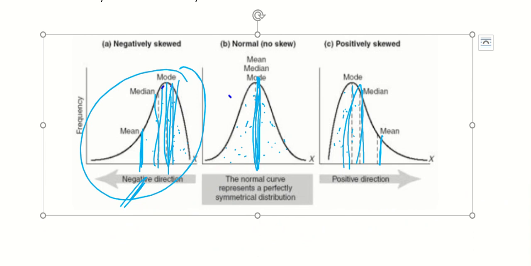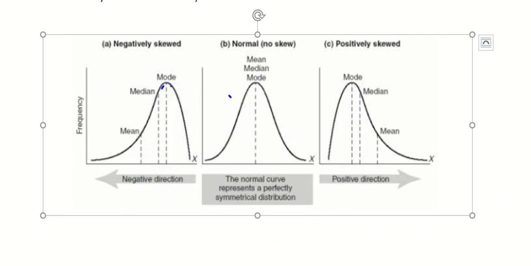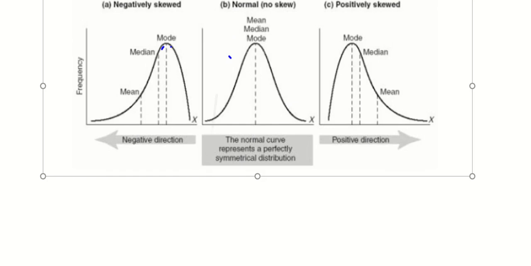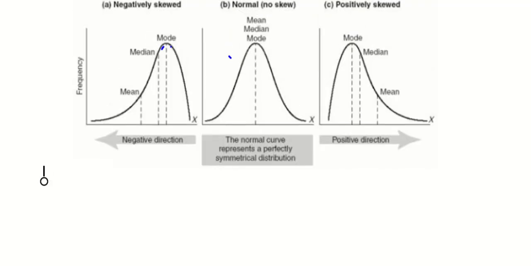How do we understand that the data is not normally distributed? This thing we have to check. How do we check that, just by looking at the data? You do not have to plot any graph. Just by looking at the data, how do you say that the data is not normally distributed? There are certain situations with which you understand that the data is not normally distributed. So I'll discuss these situations one by one with you.